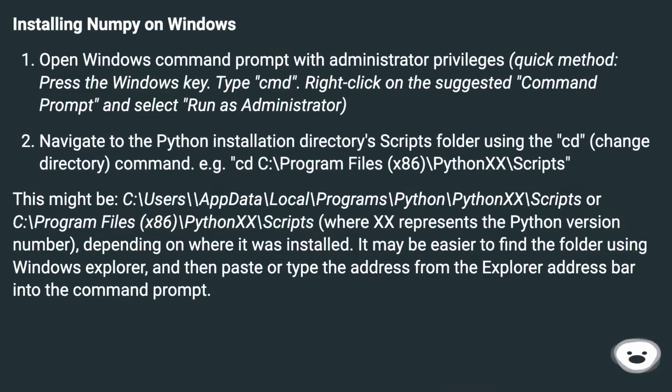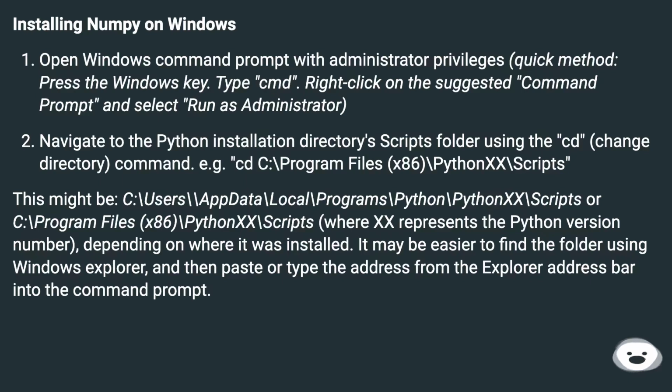Installing Numpy on Windows. Open Windows command prompt with administrator privileges. Quick method: press the Windows key. Type cmd. Right-click on the suggested command prompt and select Run as administrator. Navigate to the Python installation directory scripts folder using the cd, change directory, command. For example cd:/program files,